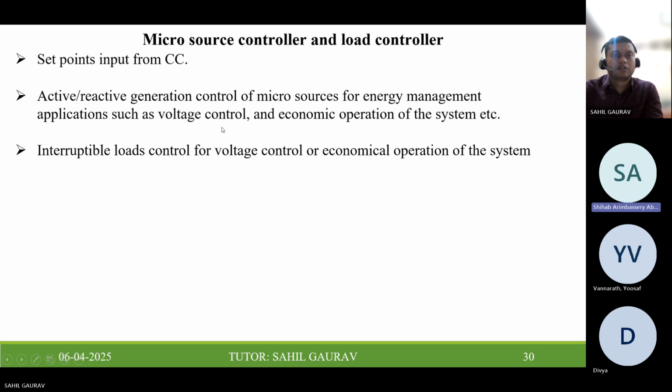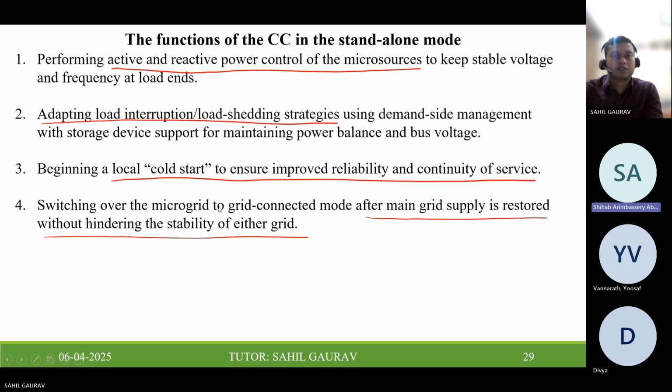Any current studies going on regarding this? Yeah, there are so many papers. If you can find a thousand papers, you can find them. Microgrid is a very broad topic, but if you go inside, what can be the research objectives? As far as I know, one is the control side,